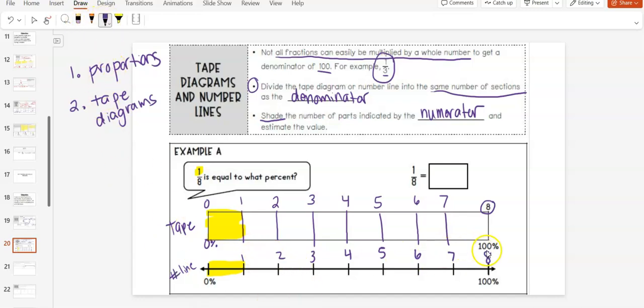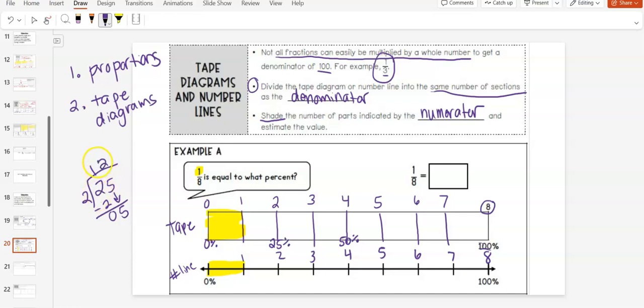What I now have to do is also divide that 100% into those 8 equal parts. So we know that half of 100 is 50%. Half of 50% is 25%. And so half of that, we're going to estimate to be whatever half of 25 would be. So if I do a little quick long division, that brings down, I know that it's going to be